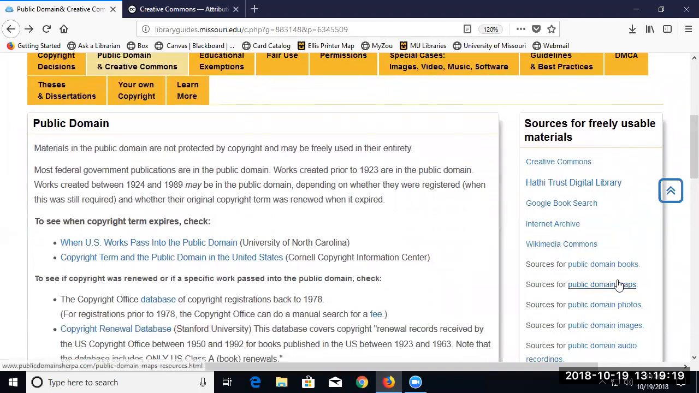So there's this public domain Sherpa, which collects a lot of things. It's like a search engine for public domain stuff, so you can find some other things. I also really like the HathiTrust Digital Library for finding things that are in the public domain. This is a project where different libraries are contributing materials and digitizing them. And whatever you can see in full text within the HathiTrust Digital Library is in the public domain. So you'll see a lot of things prior to 1923,